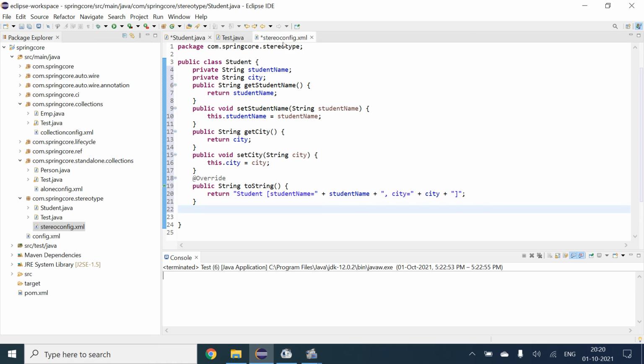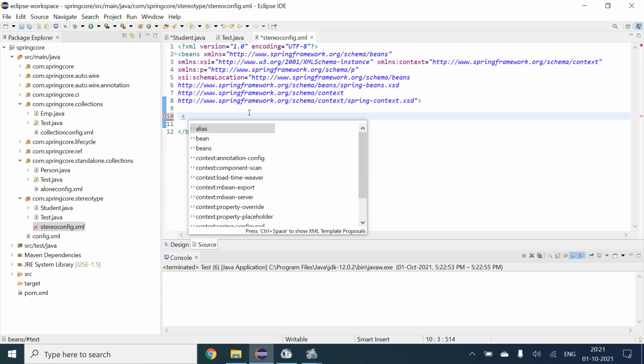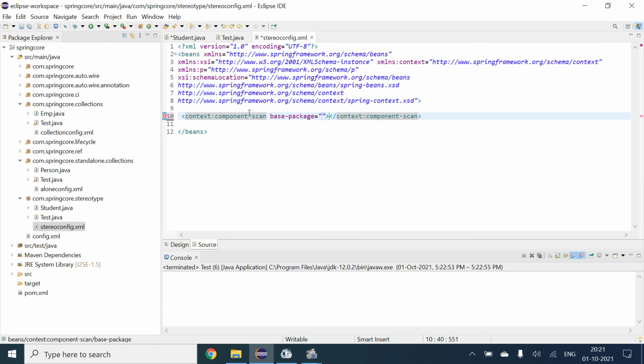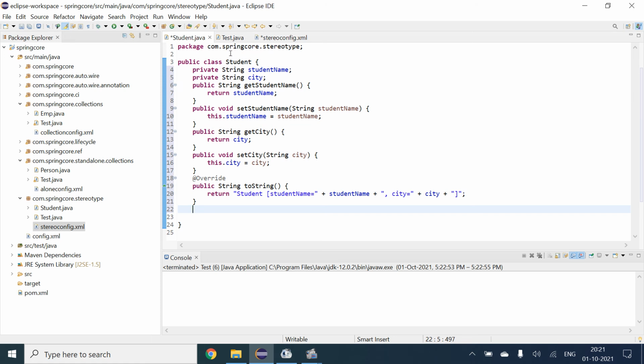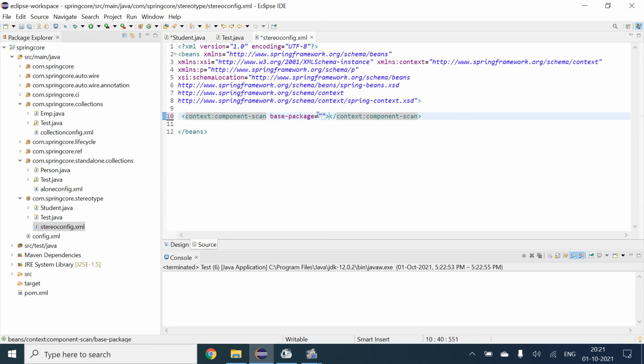Now we will come to our configuration file and add the context component-scan. We will copy the package name and paste it here.